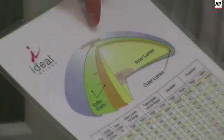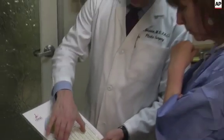This is the fill valve for the outer lumen. And then if you look at the volumes, and then